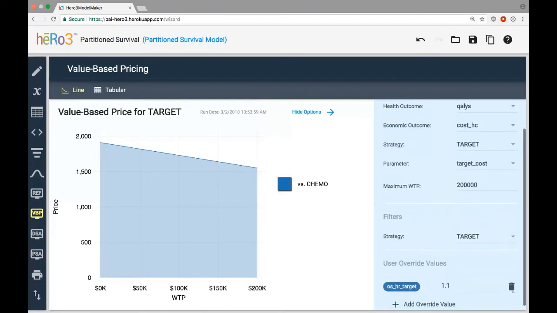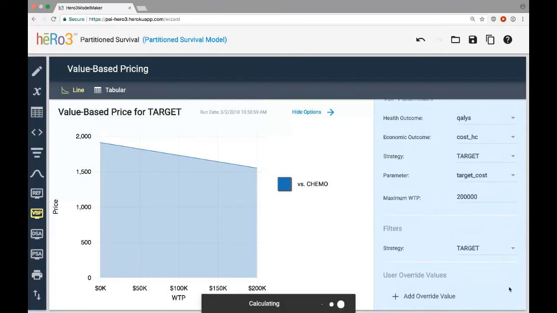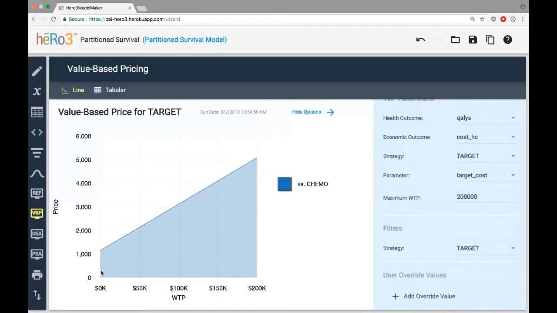And I'm just going to get rid of this override value that we set before and have it recalculate. And what it's going to show in this chart is the relationship between the price of the drug, in other words, the value of target costs, in relation to the willingness to pay that is achieved.